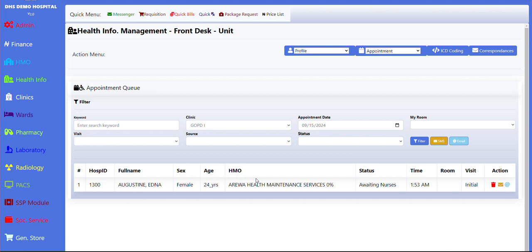And for your information, the system arranges the patient list on a first come, first served basis, using the time to rank or sort the patients in the list, and also the room. During vital taking, the nurses assign the patients to a particular doctor or consultant room. You will see the name of the doctor or the room under the room column. And also